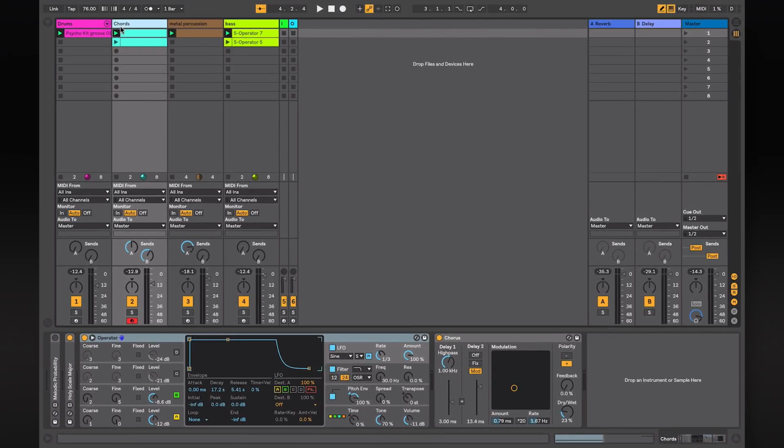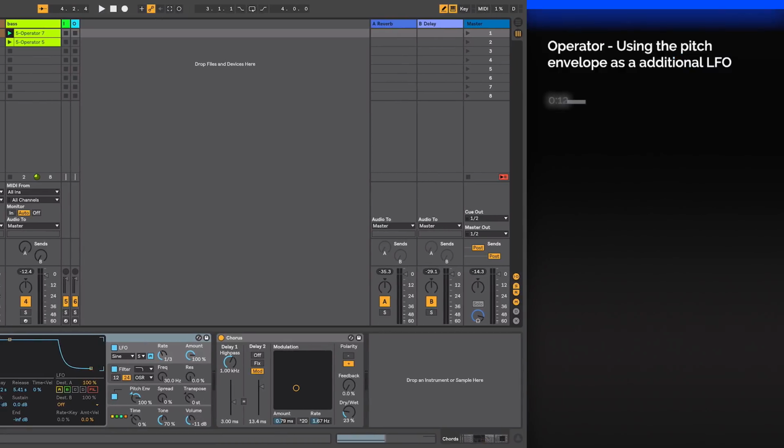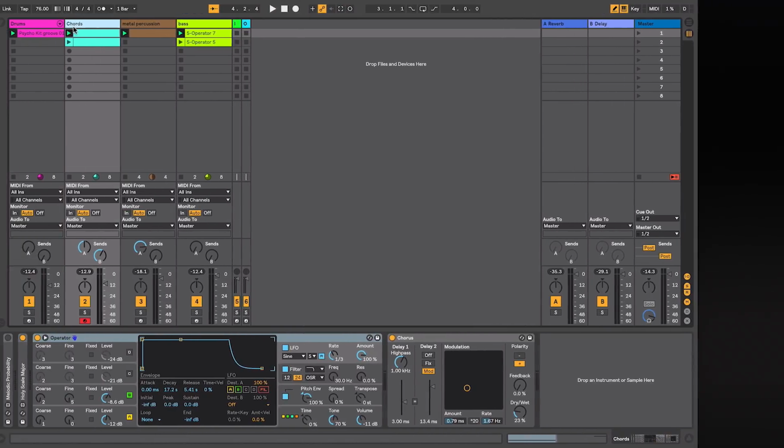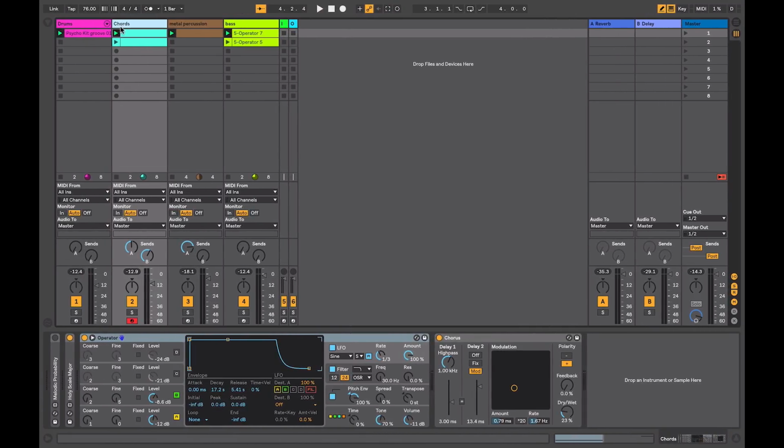You can never have enough LFOs, so they say. In this video, I will show you how to use the pitch envelope in Ableton's Operator as an additional LFO modulation source to not only modulate the existing LFO, but to modulate other parameters within Ableton. When you get one modulator to modulate another modulator, it opens up a lot more possibilities for producing complex LFO